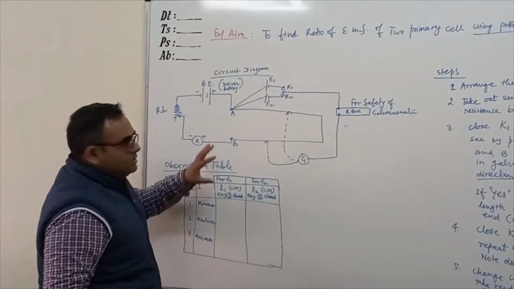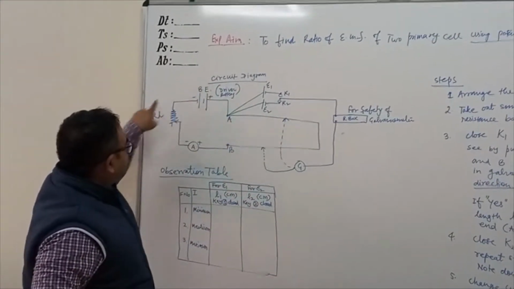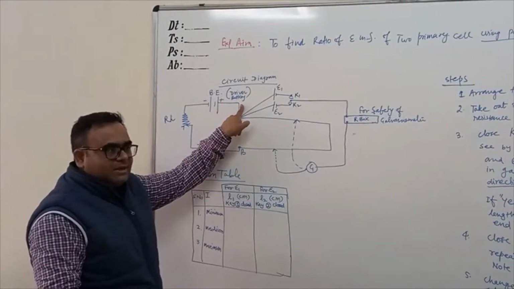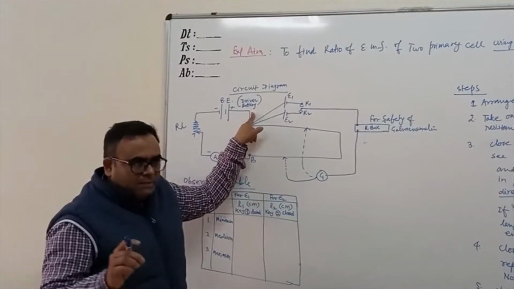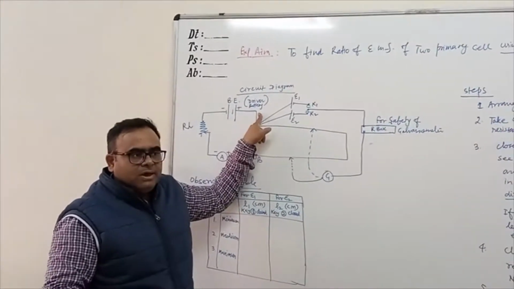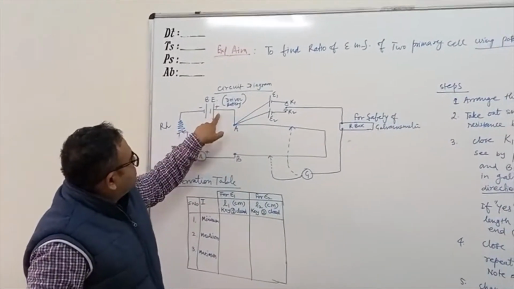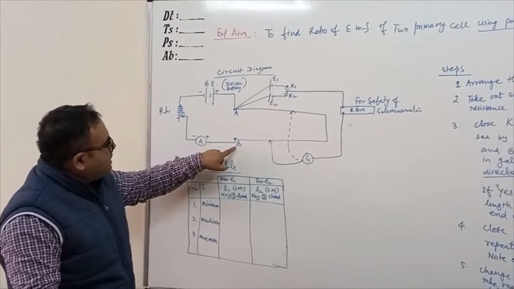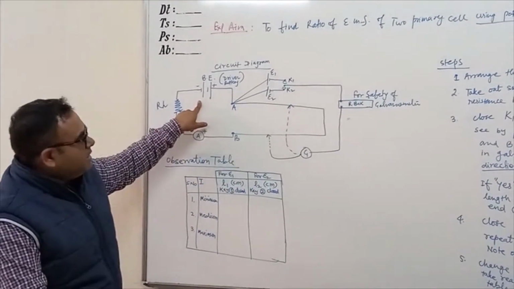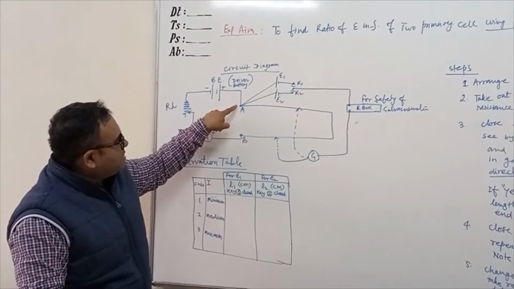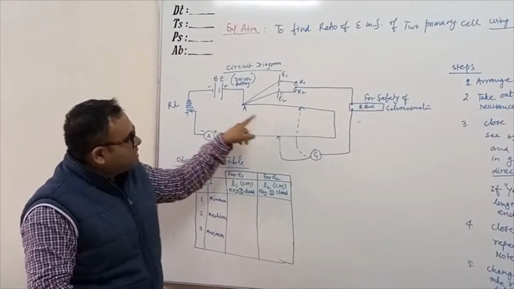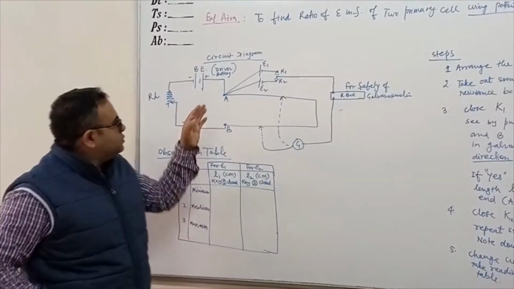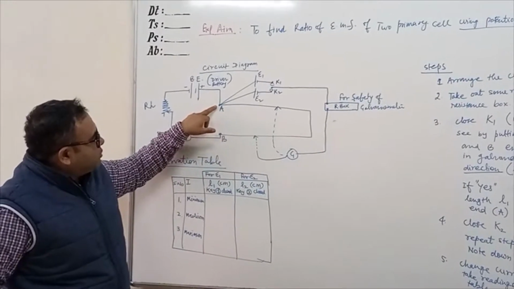So first of all, we have to connect the external circuit which consists of a battery eliminator, that is called the battery driver cell, the name driver cell you actually find in many numerical problems. So this is the battery eliminator, this is the rheostat and the ammeter that is connected externally. This battery eliminator is providing the potential gradient, potential difference across A and B. In our lab it is a 400 centimeter wire.